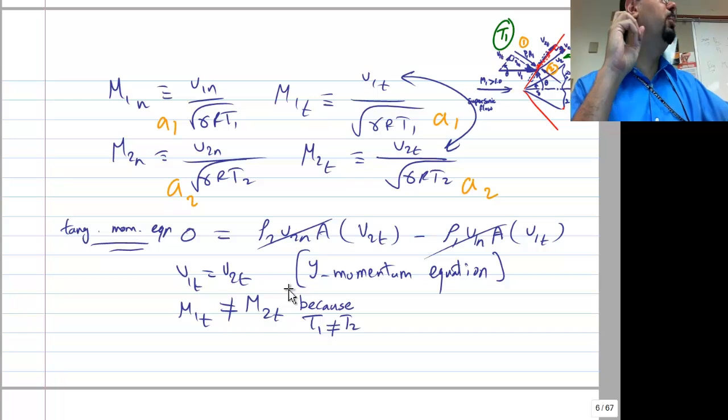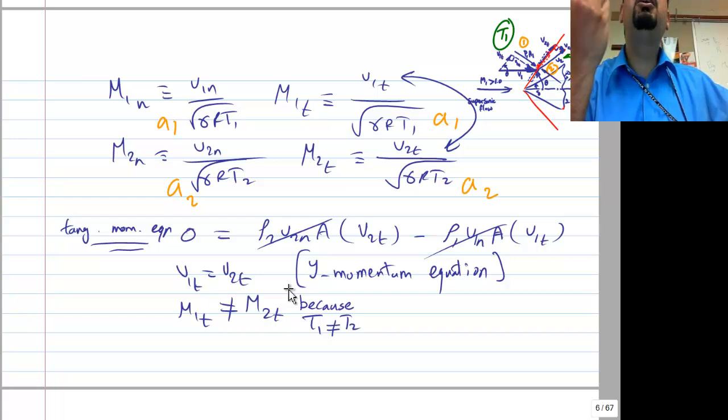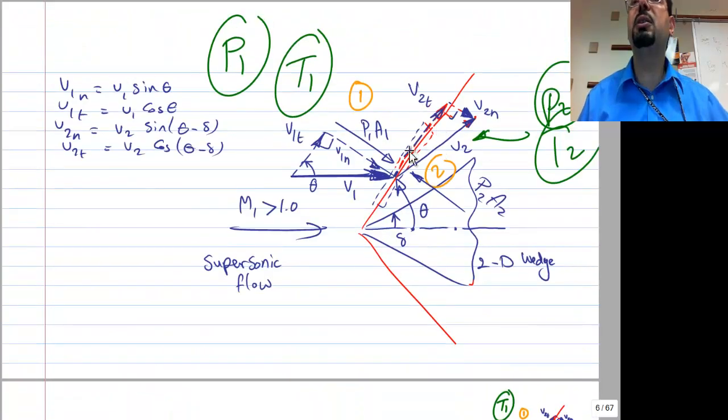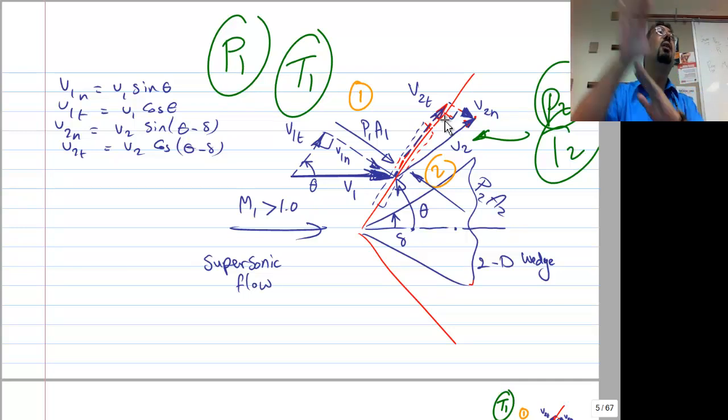That's the first thing that in the oblique shock wave we have to realize, that the tangential component is not being reduced by the oblique shock wave. The tangential component of the velocity, let's have the better sketch. The tangential V1 and V2, they are equal. It's like the tangential component is having a free ride through the normal shock wave. They don't pay anything. That immediately explained to you why the flow after the oblique shock wave